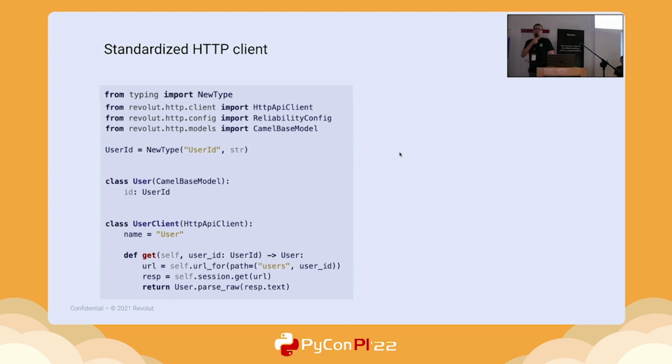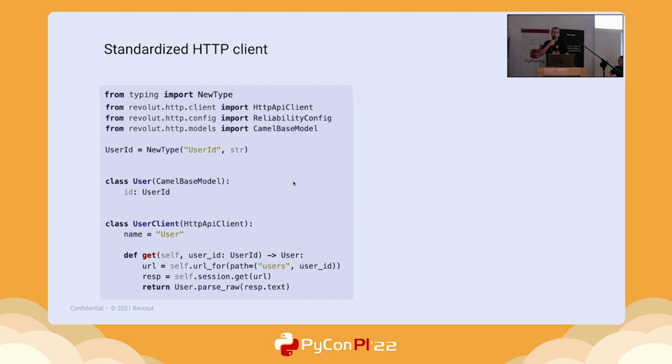What we saw on the previous slide, like creating the HTTP session and reading the default config, is embedded in the base class that we can see here. We have this import, HTTP API client, which essentially embeds some functionalities for handling connections to different services.